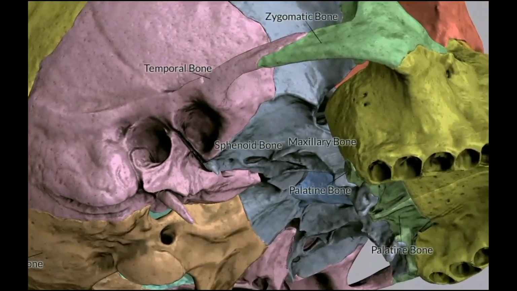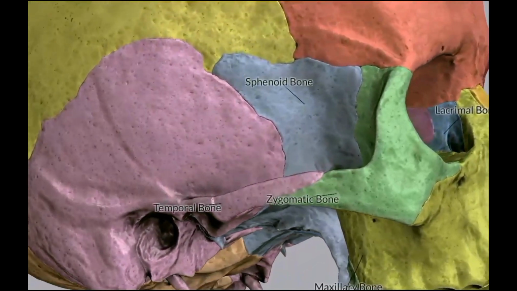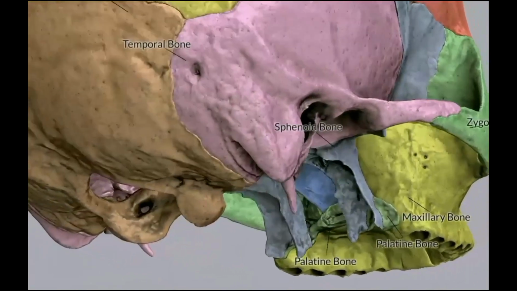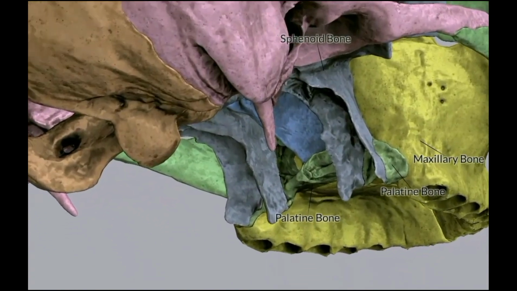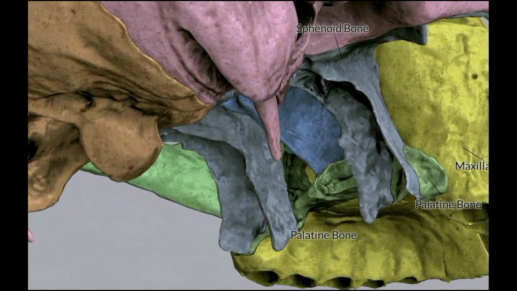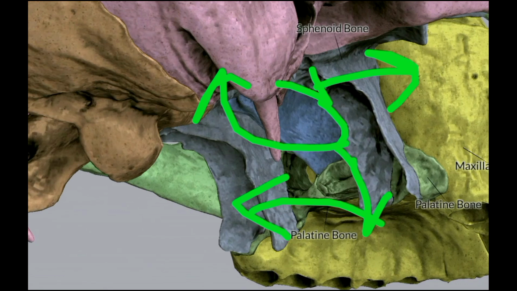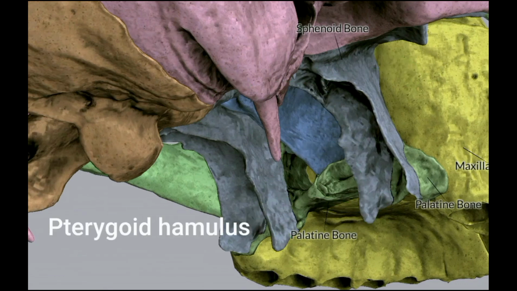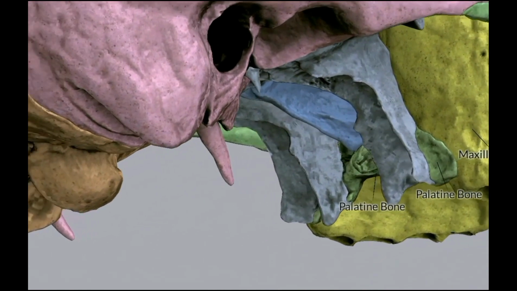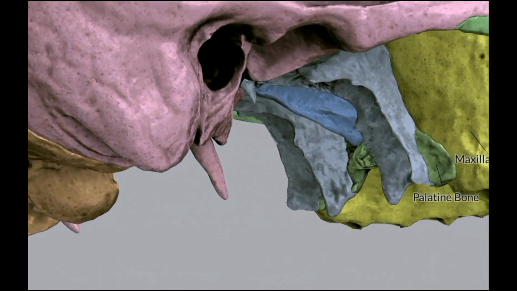And as you see now in the lateral view of the anatomical position of the base of skull, remember anatomical position here. What are the features you will appreciate? So already you have seen the diverging limbs, hold your skull like this, that is the scaphoid fossa. Then in the middle you will see a process called the processus tubarius, and at the end you will see a hook-like projection that is called the pterygoid hamulus. Above you will see the scaphoid fossa, in the middle the processus tubarius, and below the pterygoid hamulus. Around this pterygoid hamulus, the tensor veli palatini will go medially and attach to the palatine crest as the palatine aponeurosis.